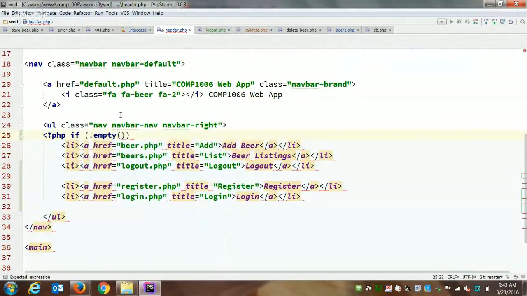What value can we check that will tell us if the user's been authenticated or not? Yeah, we're checking for a particular variable. We're going to check the $_SESSION user ID, right? This is the variable that we set when the user logs in successfully. If it's not empty,